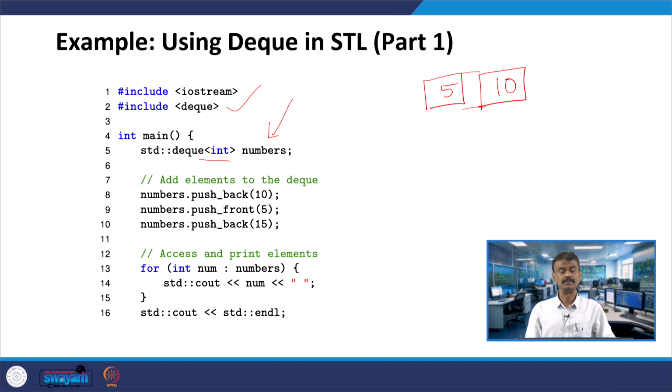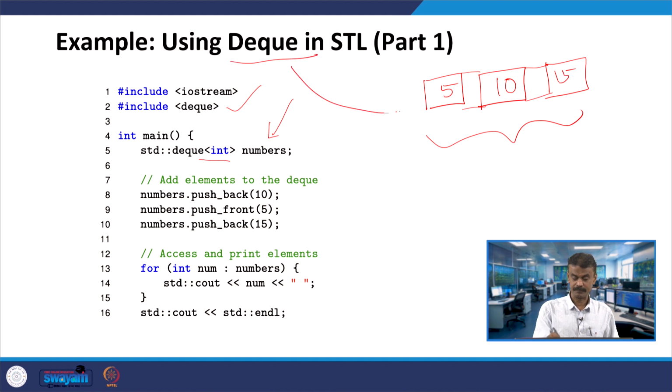Now numbers will invoke push_back by inserting 15. So it will be like this, here you have 15. Now if you look at the queue, it is a deque. 5 is inserted in the front and 15 is inserted in the back, and this is the deque. In the usual queue, first is the element 10, next you insert 5 and then 15.